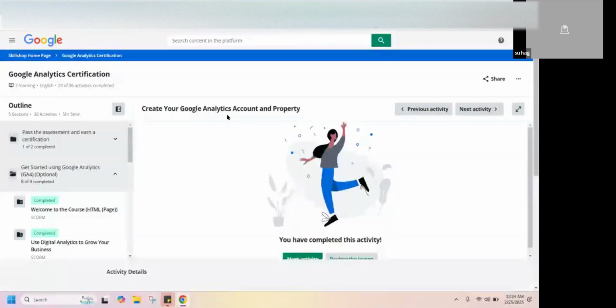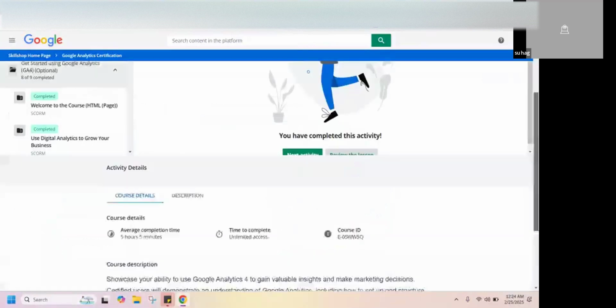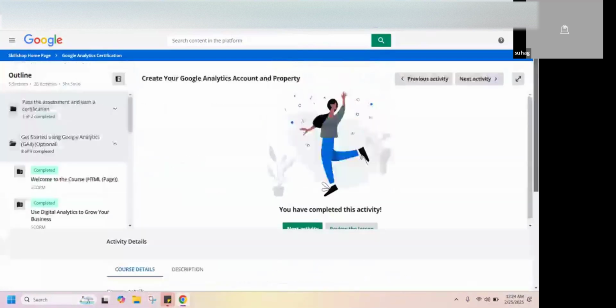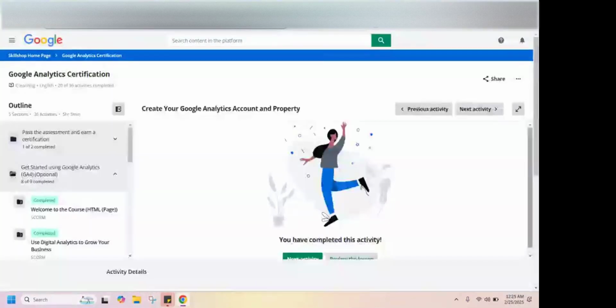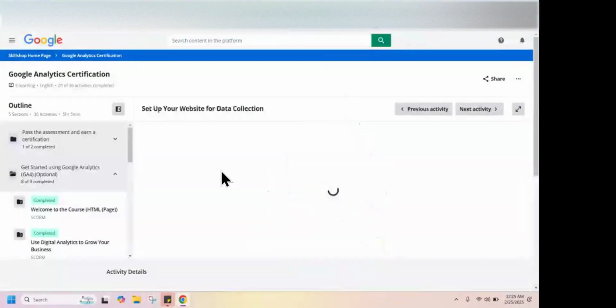Can you use a different email that you didn't use for this skill shop before? Or can you click on next? Next is going to take you to the next activity of this course.